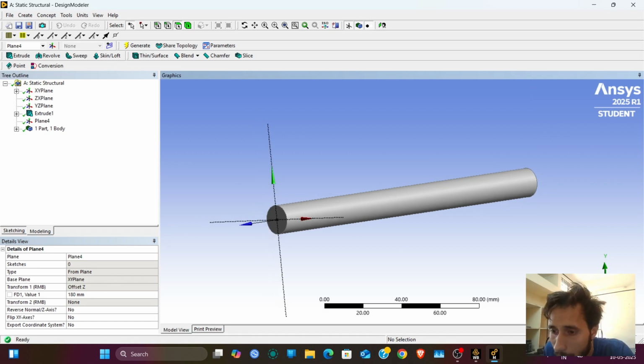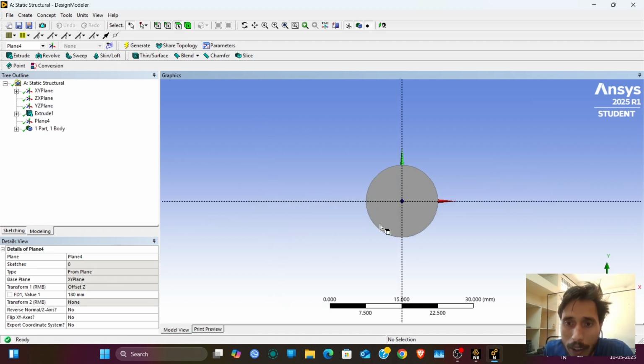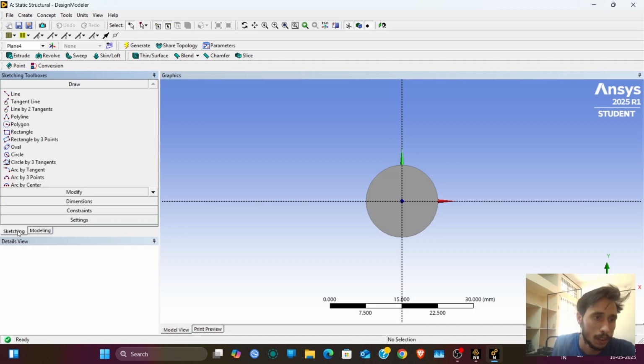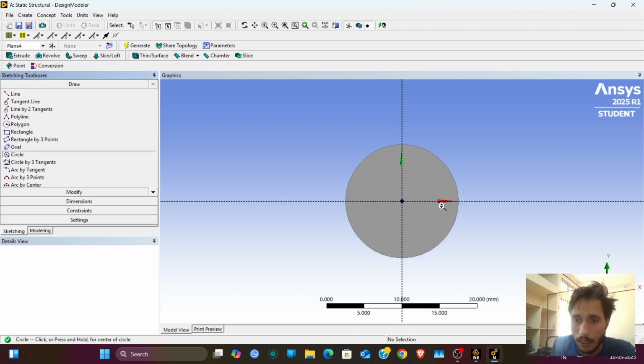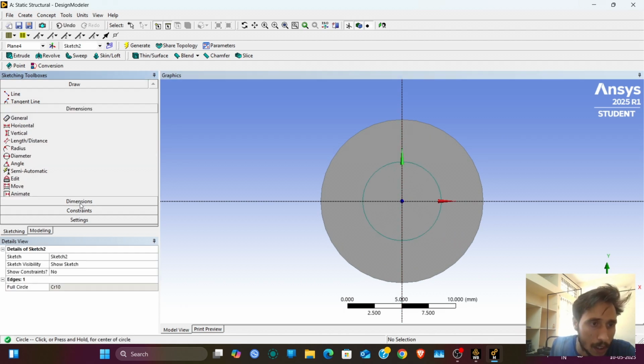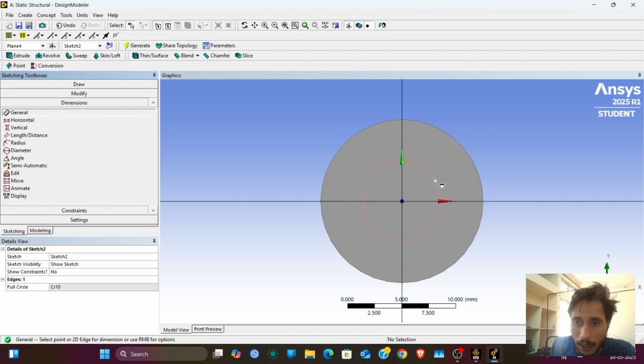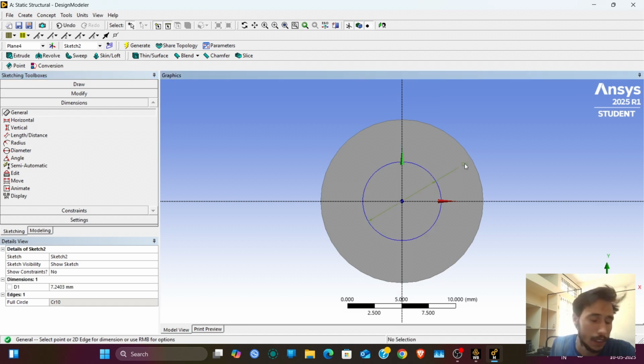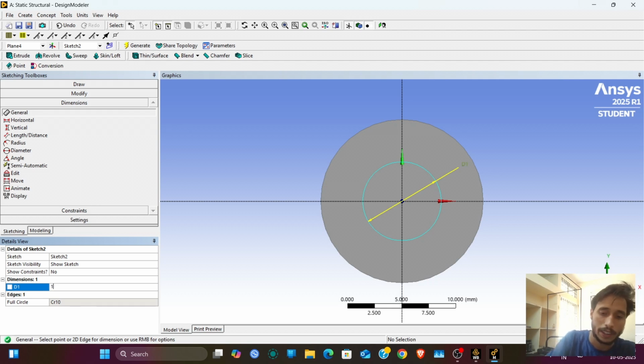Now click on the plane, and we need another circle. Now follow the similar steps. Go to sketching, circle, and under dimensions general we will specify the dimension. We need a diameter of 10 mm. Click on generate,